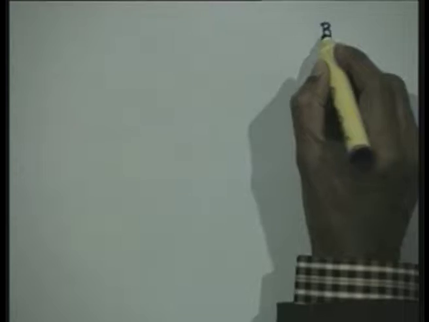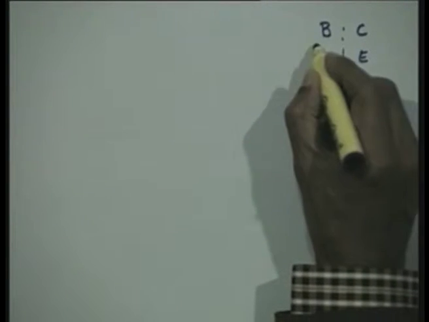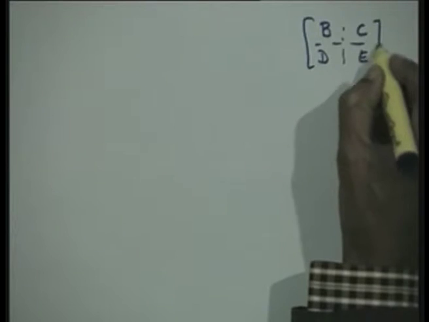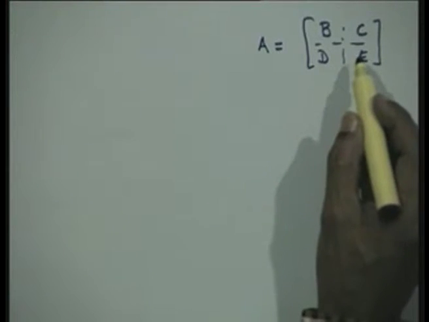Now, in our last lecture we have derived the partition method to find the inverse of a matrix. We have also shown the need to have such a method in order to tackle large matrices. We have partitioned a given matrix into some suitable form as B, C, D, E. We have shown that the inverse of this matrix A can be obtained by finding the two inverses of lower